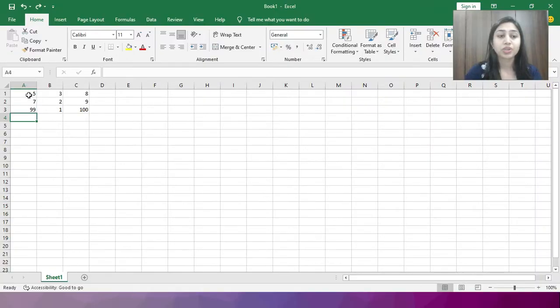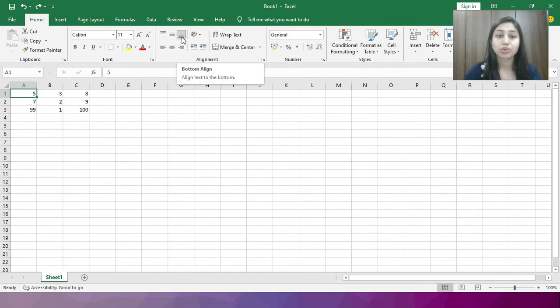Okay, so students, for example, I want to set the alignment of the first cell, the A1 cell. Here you can see six alignment options: left align, center align, right alignment, which we already learned, right? And these three are top align, middle align and bottom align.